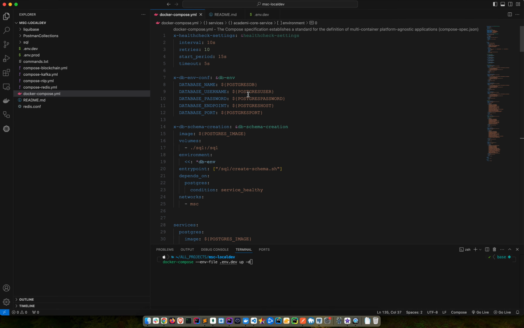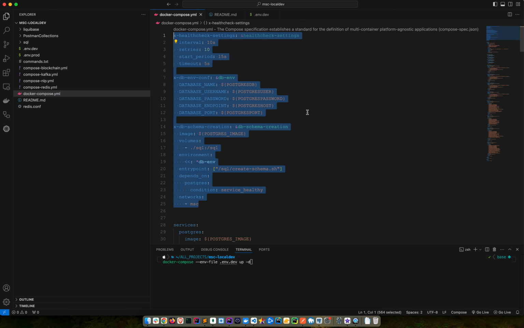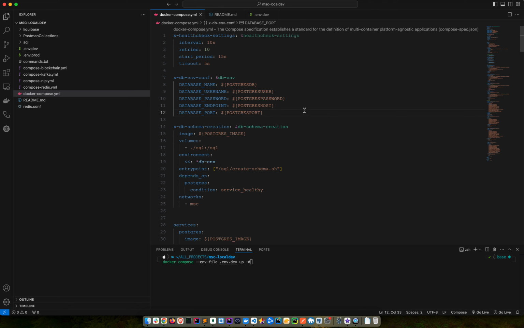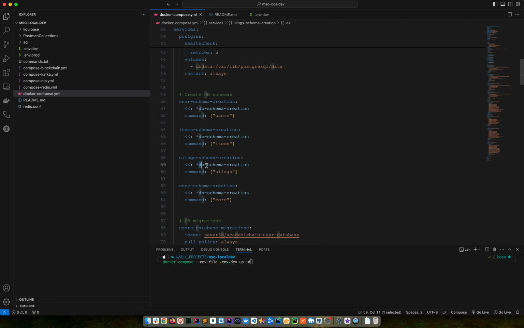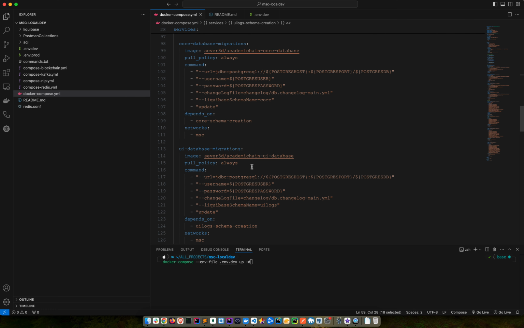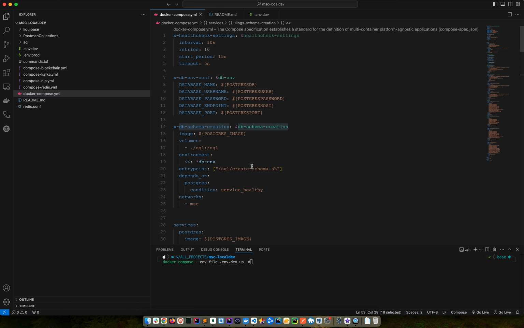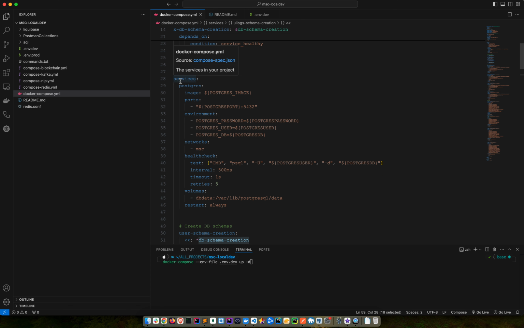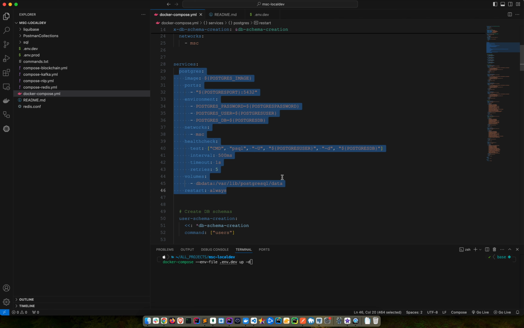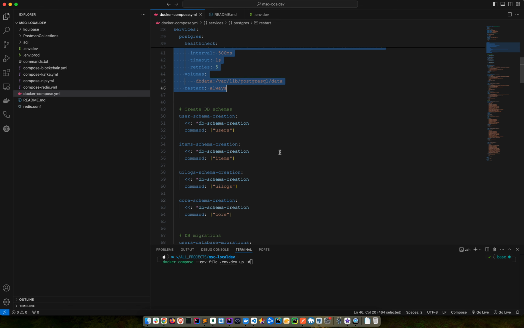So let me describe what's inside that Docker Compose file. Basically, in the beginning there's a set of services which can be reusable. They are applied to various containers, for example to the DB schema creation or to apply migrations. Here is the important part, the services. It will start a set of services. The first service to start is going to be the Postgres database with required settings from the env file, and then